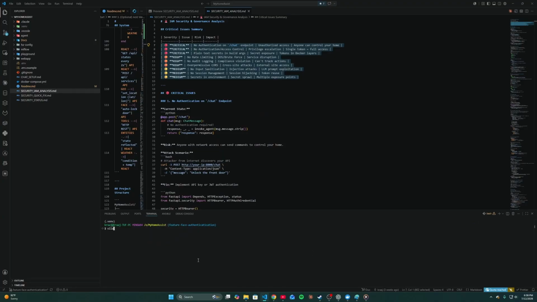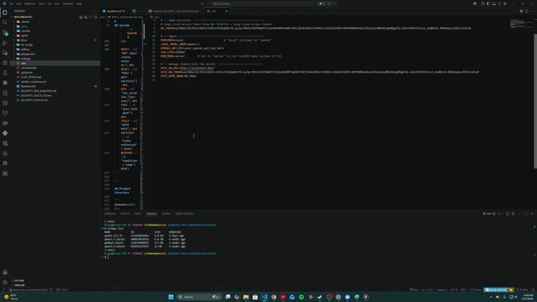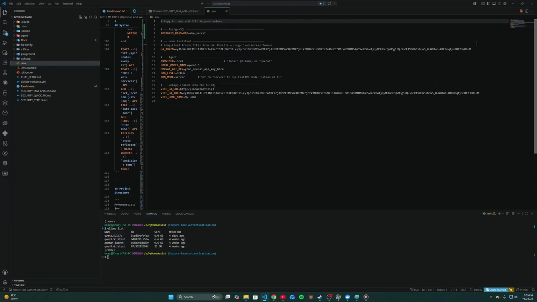Ollama, ollama list. Yep, these are the LLMs I'm running locally, and if you see the env, this is a secret, and the secret is something I generated. Anyway, the secret is something that can only be accessed from internal, right? So it can't be accessed from outside. I'm just showing you this is a token I'm passing for the web app as well as